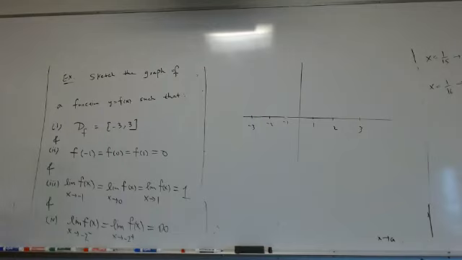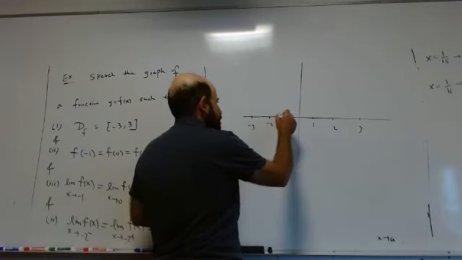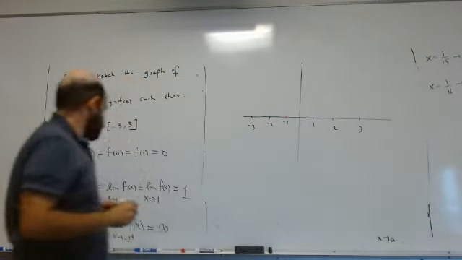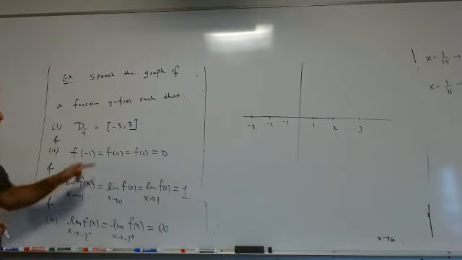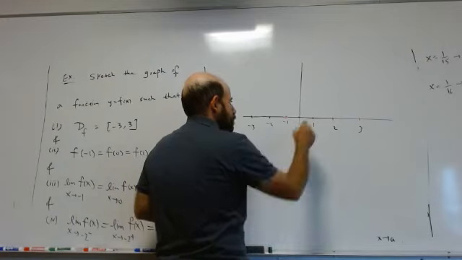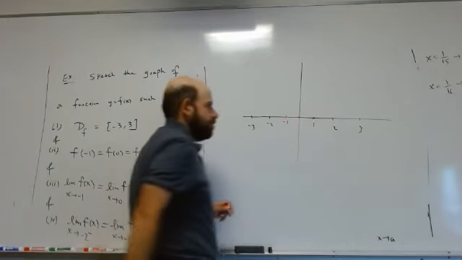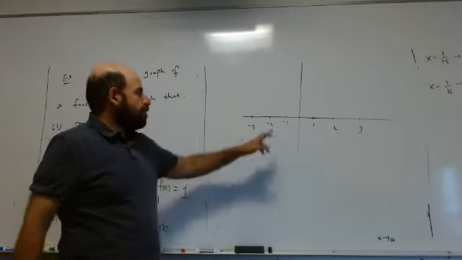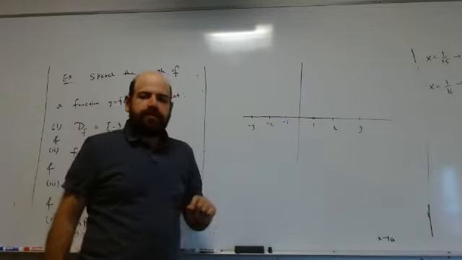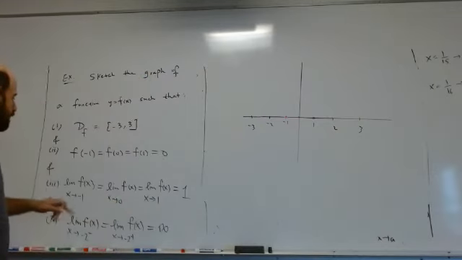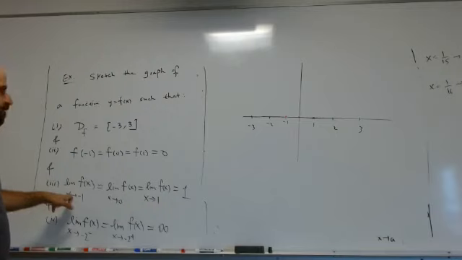Means we are here. F of 0 equals 0 means we pass this point. F of 1 equals 0 means we pass this point, right? So at these 3 points, we cross the x-axis. We have an x-intercept there, and limit at -1 is 1, and limit at